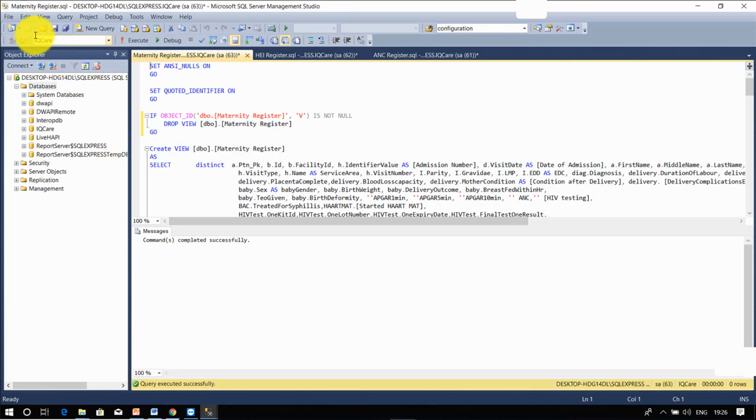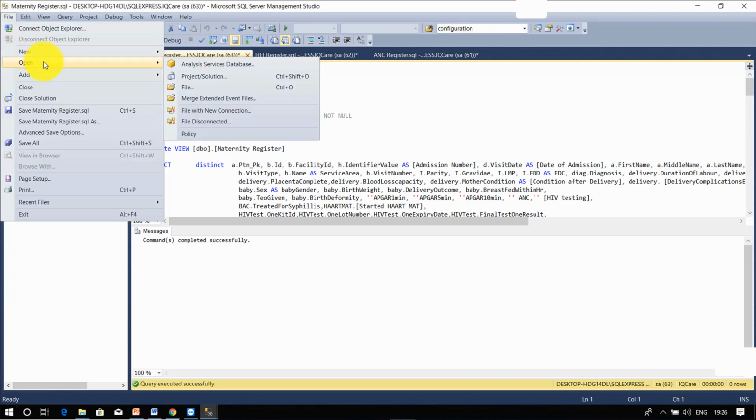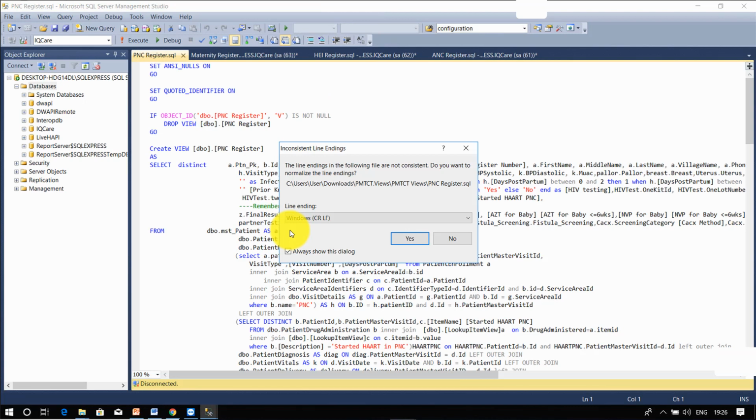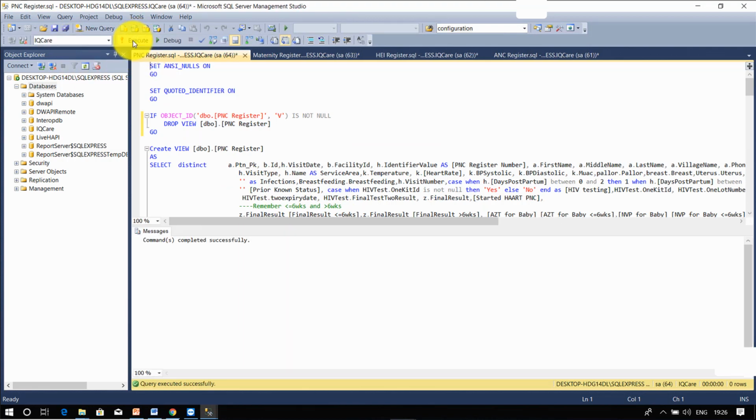Pick the last one. Click File. Pick the last one, PNC Register, click open, click yes on the prompt, ensure IQCare is selected, then click execute, and you'll get feedback that it was completed successfully.